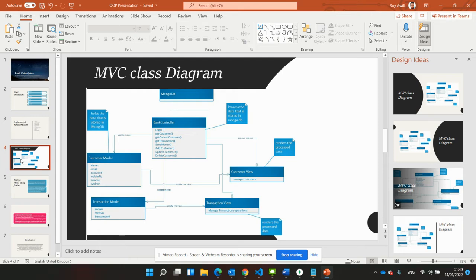Here is the updated class diagram for my project. It's according to the MVC system architecture, model view controller. As I said, I divided the system into server and client. Here we can see that the model consists of the customer model and the transaction model, and they are updated by the bank controller, which has